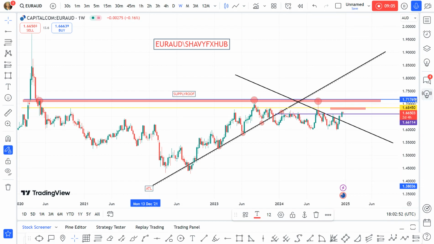Okay, our analysis on weekly has really cleared, and now we have a very clear directional bias. So now we see our roof, our litmus test. Look at it from January, February up to April before the break in July, August, and price returned in September, respected the roof, returned again in November, respected the roof, and in December we broke the structure. So the only hurdle we have here is 1.68450, where you begin to look at potential rejection or sell. Ultimately, set your sell order to retest the August high at 1.71769.